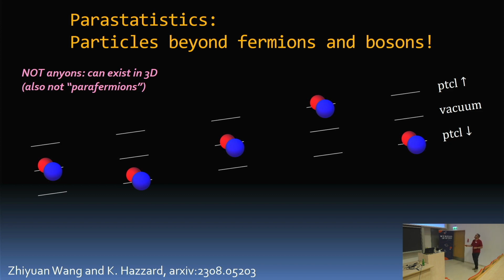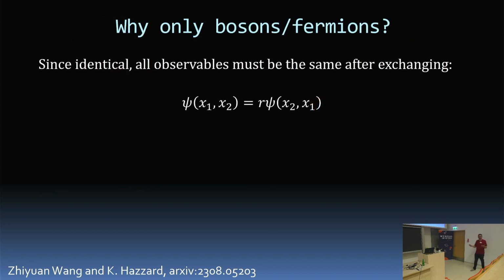Okay, so parastatistics is this fun theoretical thing that I want to tell you about because it does occur in the system and someone should go measure it. First off, you've all been led to believe, you've been lied to by the man, that only fermions and bosons are possible. Why do you believe this? I will regurgitate the textbook argument for you.